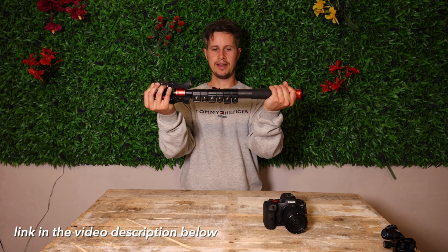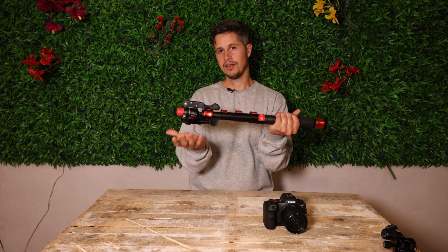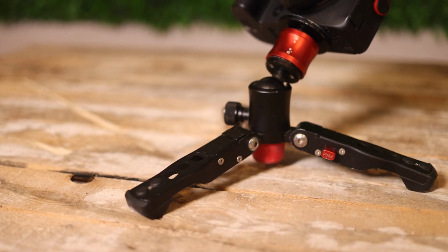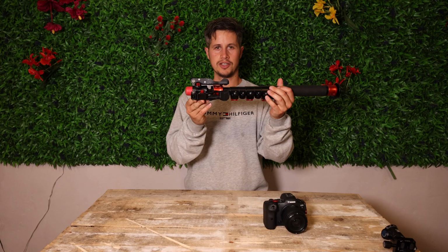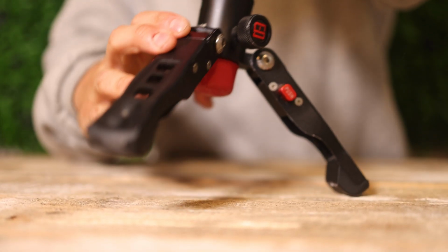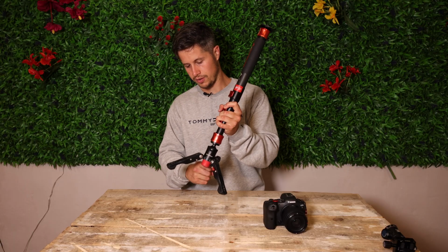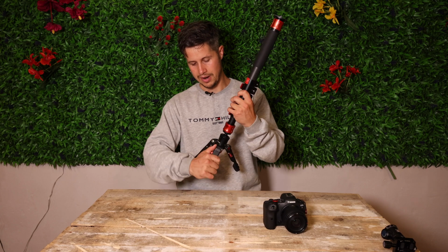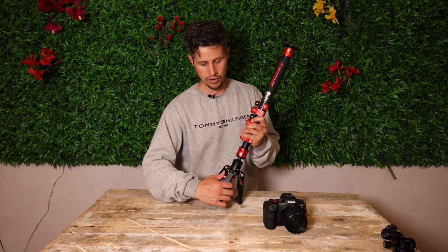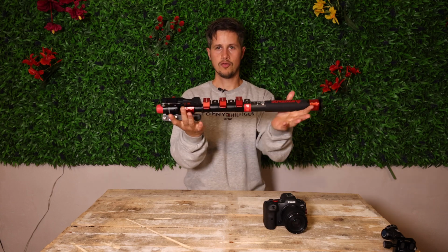So here is the monopod. A pretty light one because it's made of carbon. However, the lower part, which is also a mini tripod, is a little bit heavier. No worries about it, I'll show you exactly what you can do. Down here are these legs, which you can adjust to 3 different heights. That is the first step, the second one, and they easily clip in and fit in, and you can unlock it using these red switches here, zack, and then you can fold it back in,